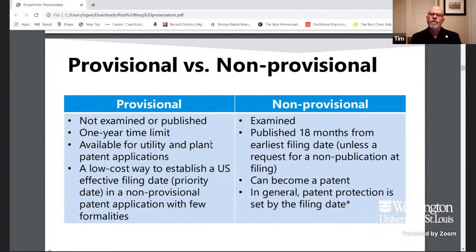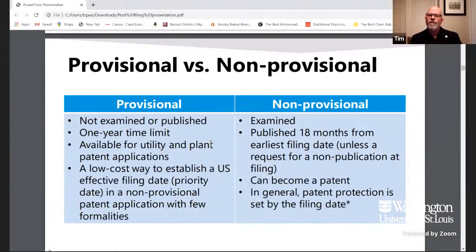That's useful for a number of reasons when we get to the examination process and we look at your claims and we're deciding what prior art is: the things that other people have done, their patent publications, all sorts of non-patent literature. That's what we call the prior art. The portion of that which we can use against your claims to figure out whether or not we can give a patent will be impacted by what your effective filing date is. And the provisional application gets you an earlier effective filing date.